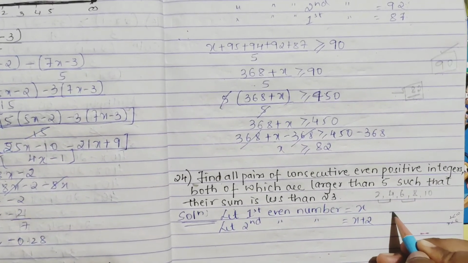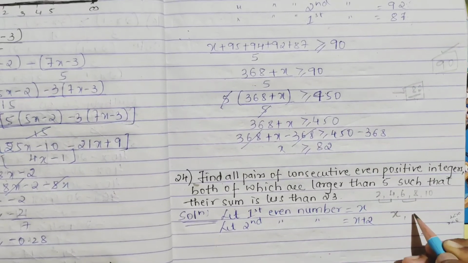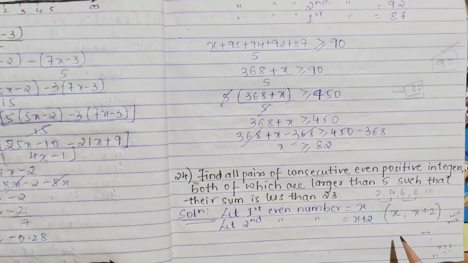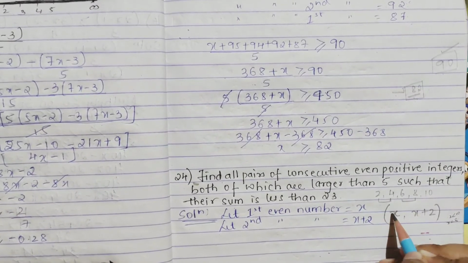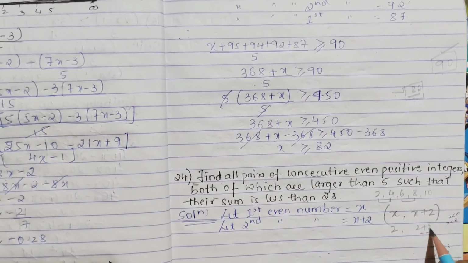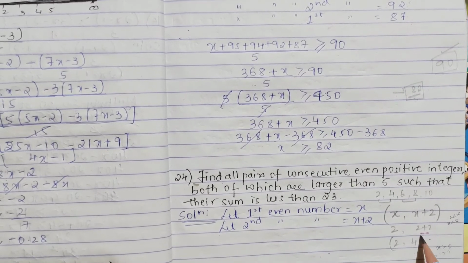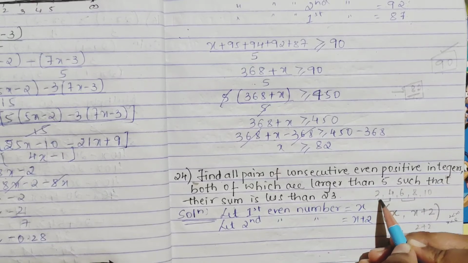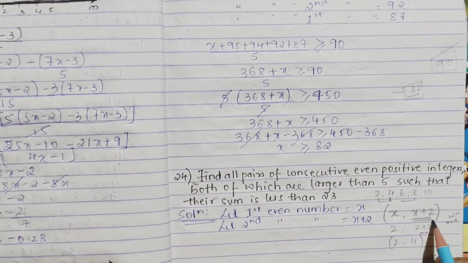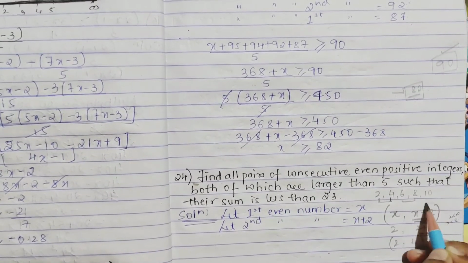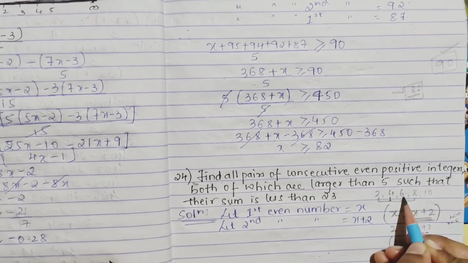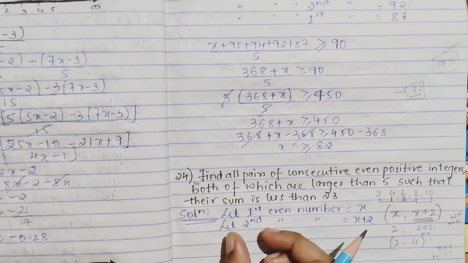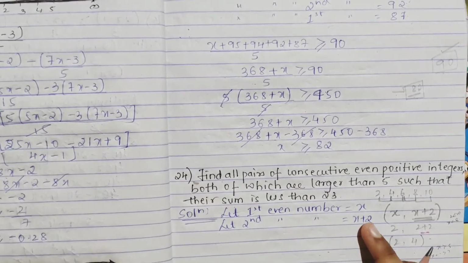So if I take 1 number x, then x plus 2 is another. So this both becomes as a pair, right? If I have taken x as 2, 2 plus 2 is what? 4. So 2 comma 4 is a pair, like this. So I have to make a pair. The difference is what? 2, right? So we are doing x plus 2. Why? Because see the difference is, here you see 4, 6, 2, again 6, 8, 10, 2. So the next even number will be x plus 2.